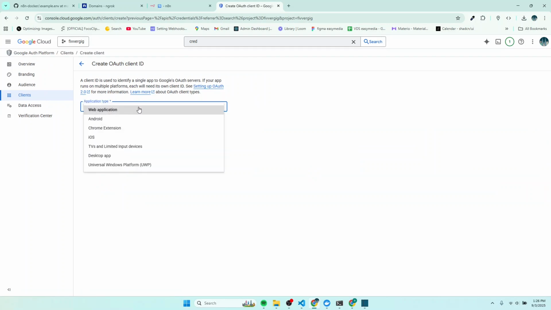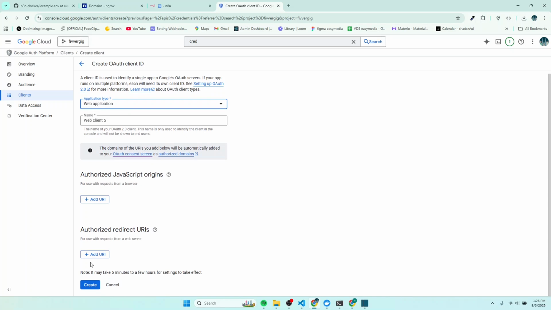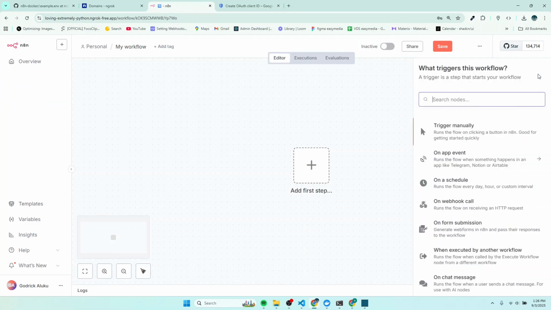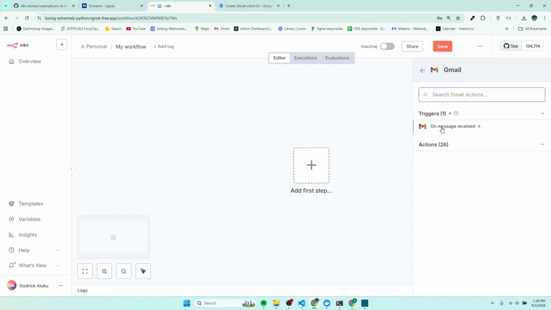The application type is going to be web application. Then authorize the redirect URLs. I'll choose the test one. So click on this, then search for Gmail. On a message received,